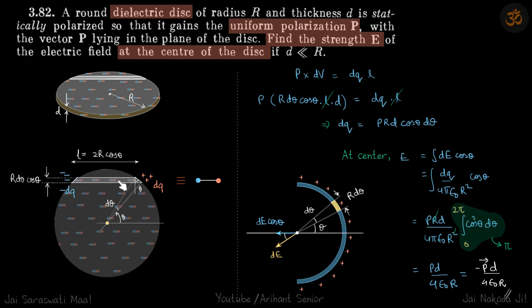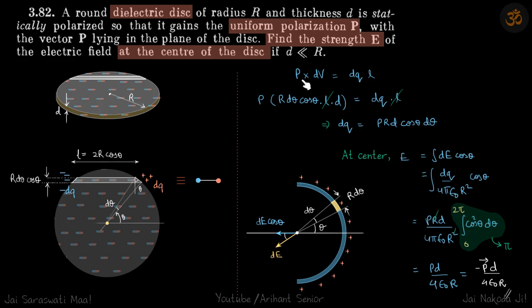So let's do that. So this is our strip. The length of the strip is 2r cos theta. And you can see that this distance is r d theta. And if you take a vertical, then this angle is theta. So this height of the strip is r d theta cos theta. We need to know the dimensions of the strip because we need to know the volume of that strip. So we know the height of the strip, we already know the length, and we already know the thickness also.